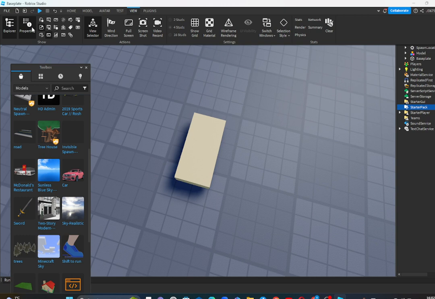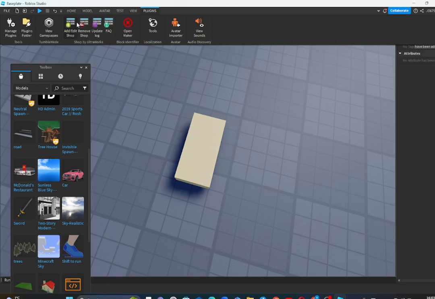Plugins. What plugins do is very, very important. You can view your game passes, put it into your own game. You can edit shop. You can use avatar importer, all that stuff. Actually, avatar importer is something that they added into game passes if you want to